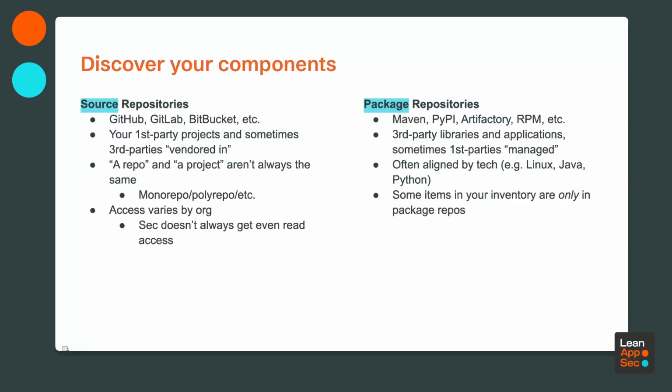There are also package repositories for operating systems. Red Hat has a repository for the Red Hat Package Manager, actually several repositories. If you're a big Ubuntu or Debian fan, those packages come from Ubuntu's or Debian's repositories, and maybe those hosted by other vendors. What you're mostly going to find in these package repositories is third-party libraries and sometimes whole applications. But if you're running your own artifactory or you're working on something that is open sourced, you may actually have your packages out in a package repository as well, either a private one where only your organization has access, or